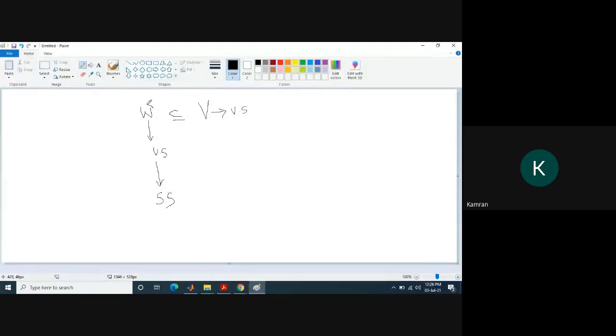How can we check whether W is a subspace or not? We have to check all the properties of a vector space. Vector space की 10 properties हैं, हम सारी वेरीफाई करेंगे. लेकिन यहाँ पर ये कहते हैं कि अगर आप आसानी से अपनी जान छुड़ाना चाहते हैं, if you want to easily verify whether this set is a vector space or not, first make sure that 0 belongs to W. This condition is necessary, that 0 is in W.